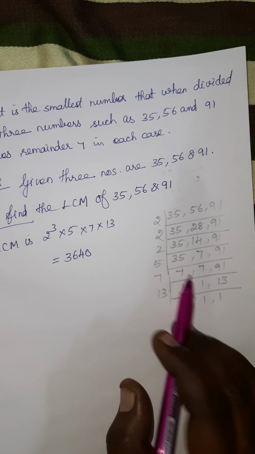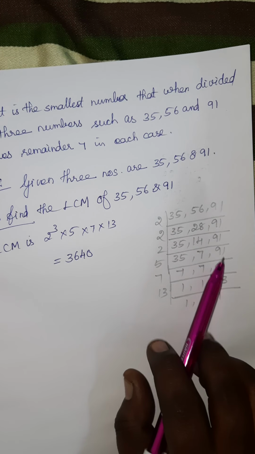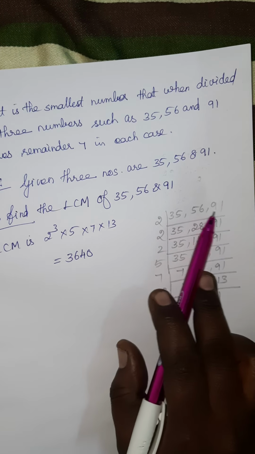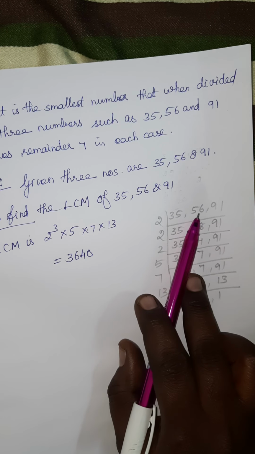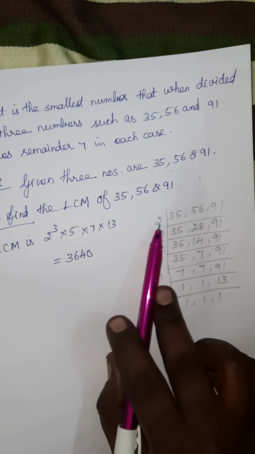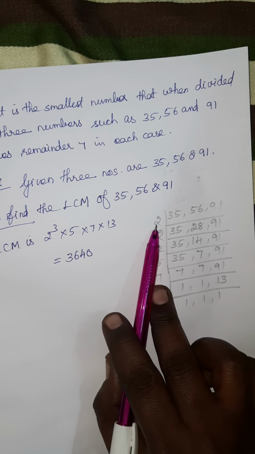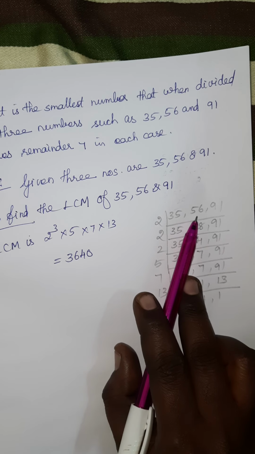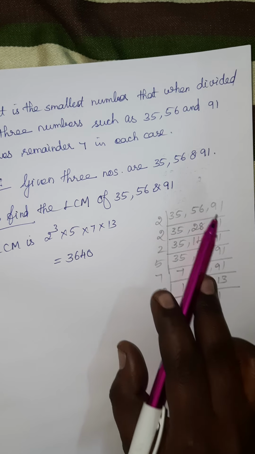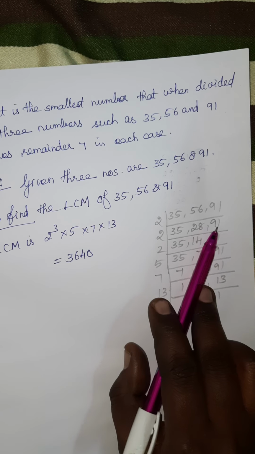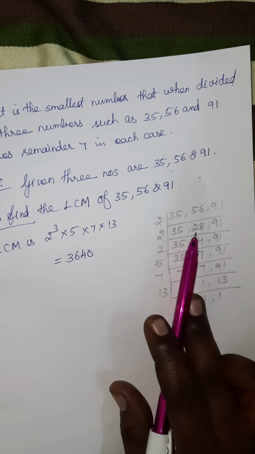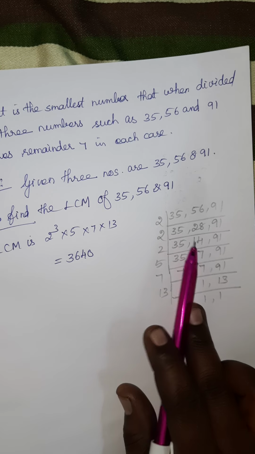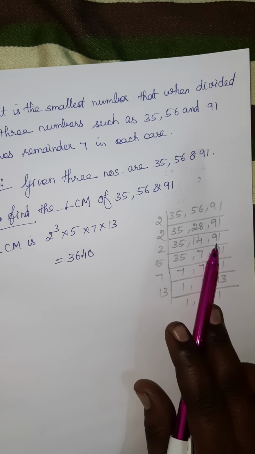Okay, so this method I am doing now: all the three numbers together. You see these numbers, which of them are divisible by 2? If you can divide even one number, you can write that prime factor 2. Which number is divisible by 2, only that number you divide. The remaining numbers you write the same way. Again I check, this 28 is divisible by 2, so I put 2 and divide only the 28 using 2. The remaining two numbers I write the same.